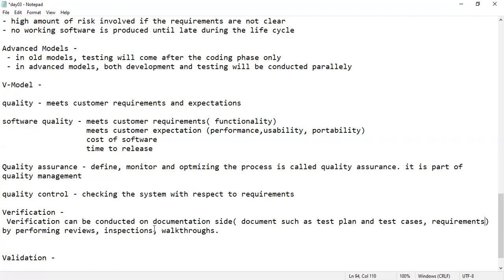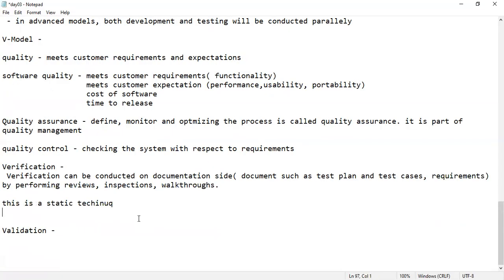That we call verification. This is a static technique. So if someone asks you what is verification,